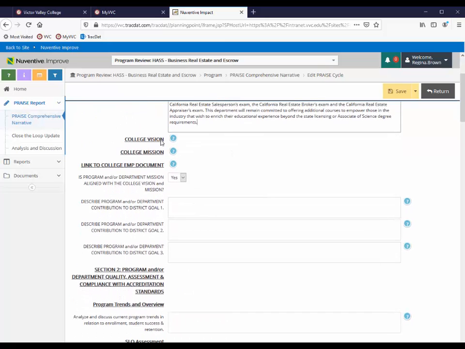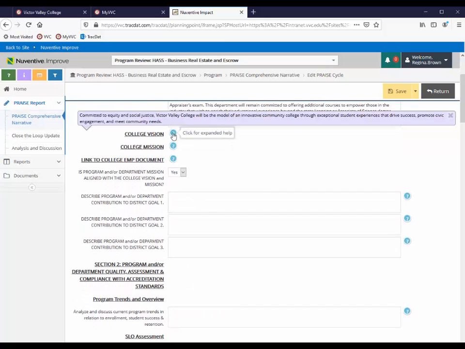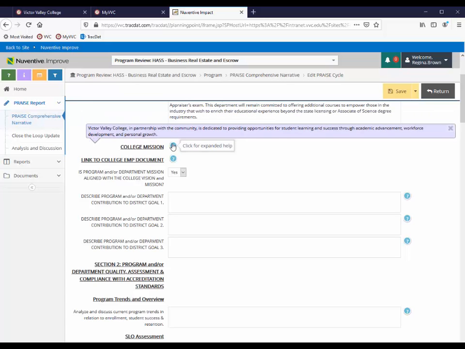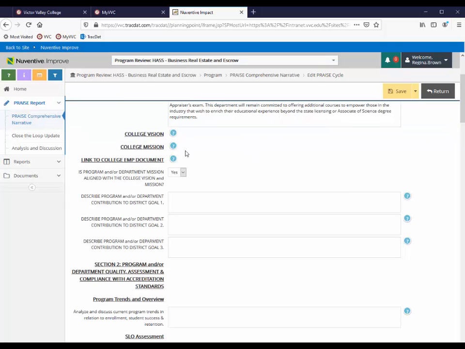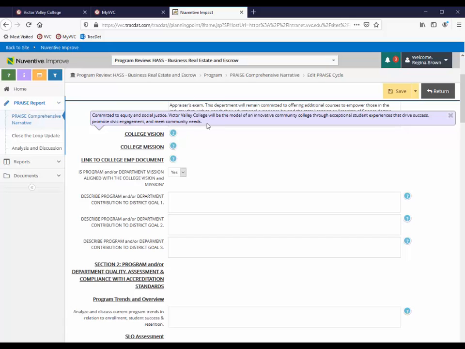Next we will view the college vision and mission. Although we're not actually going to enter anything in those fields, they're just for your viewing availability. Also, if you go to the worksheet that I've prepared for you, the Microsoft Word document, you can see all of these little help